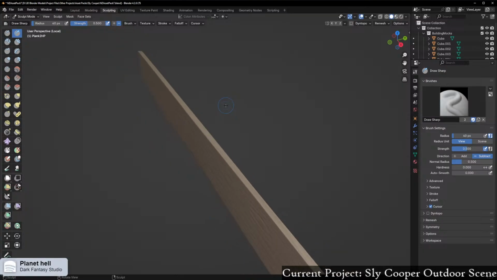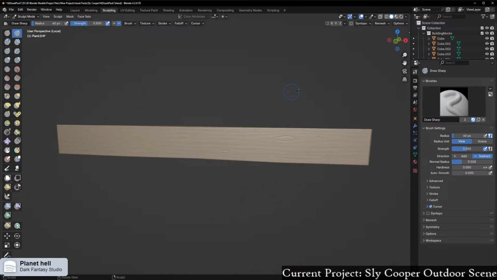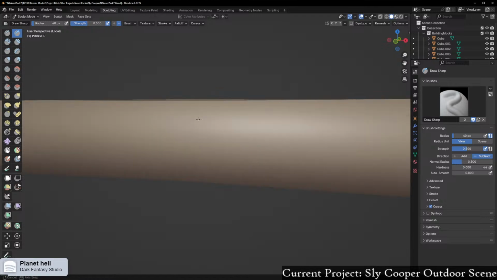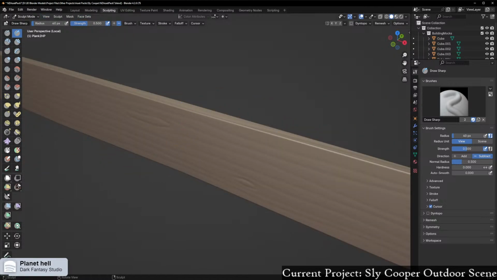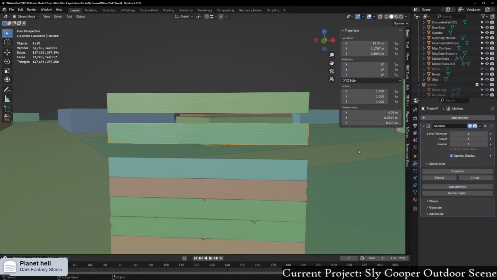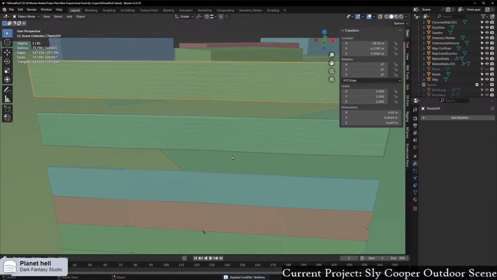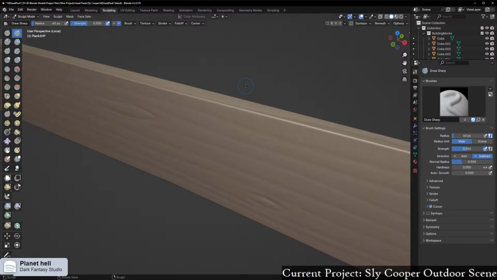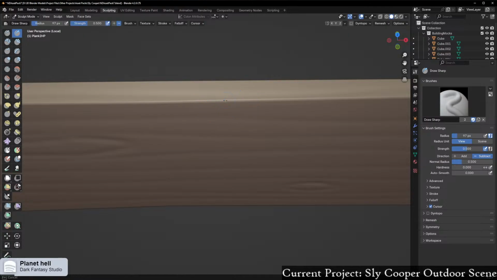Multi-res is more made for the situation where you're only doing minor details, not vast amounts of changes. So, is there? I'm assuming there is. Okay, this is a dangerous game I'm playing here, but whatever. So if I go back into sculpting now, yeah, I can really smooth out the edges of this